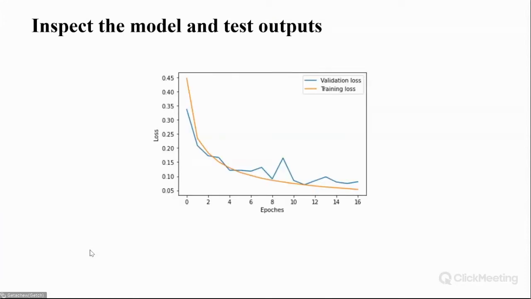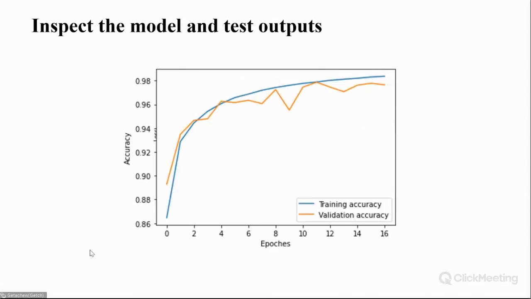So once we train a model, for the rest I don't want to go through detail, but don't forget to inspect the performance of the model during the training. This can be done by inspecting the training and validation loss. As you can see, it's not bad. The loss is decreasing across the epochs, and the accuracy during training and validation is increasing, which is a normal trend, but it looks a little bit noisy because it's radar data.